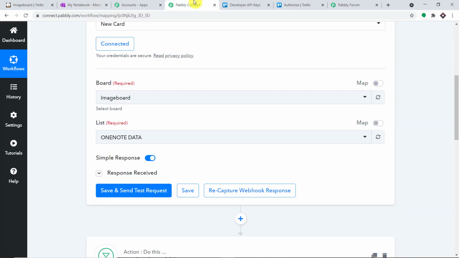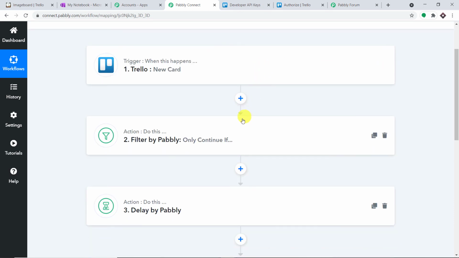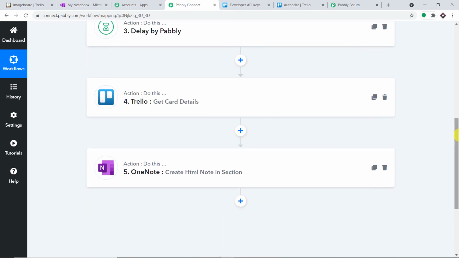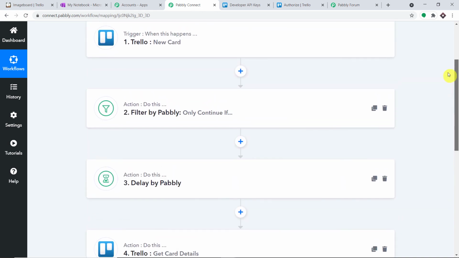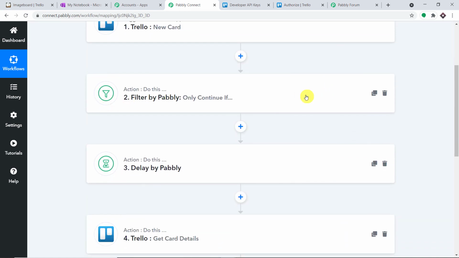Now before you leave, let me just explain the whole mechanism. So what I'm going to do here is just minimize all of my windows one by one. Okay, so all of the windows are already minimized. So basically this is the whole process in a nutshell. First you integrated Trello to Pabbly Connect. After that you have set up a filter. The filter is set up because you want to send the data only when a card is created. If a card is updated, the data will be restricted.